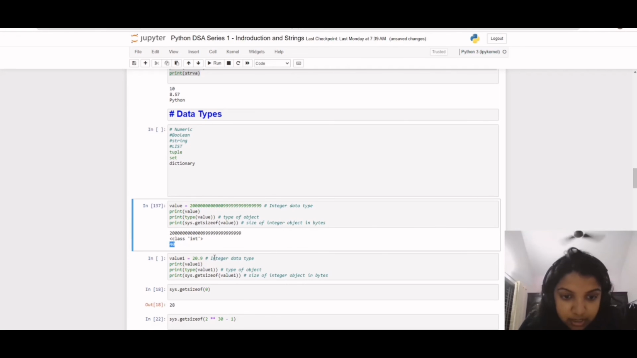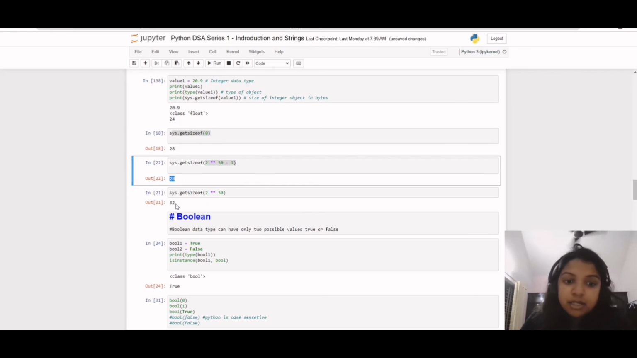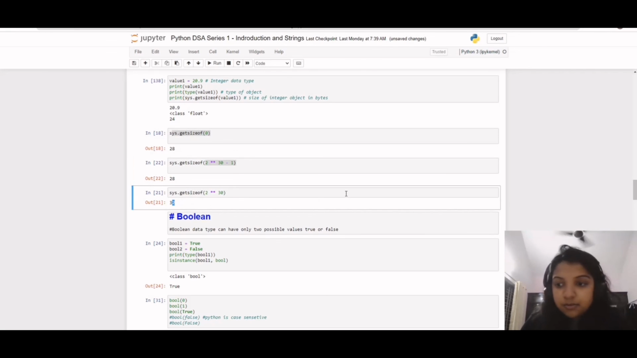And the next one is the integer data type. You can see here run, and getsizeof of it is 28. And here you can see 28, and 2 raised to 30 will be 32. This is the one we can do. And next one is the